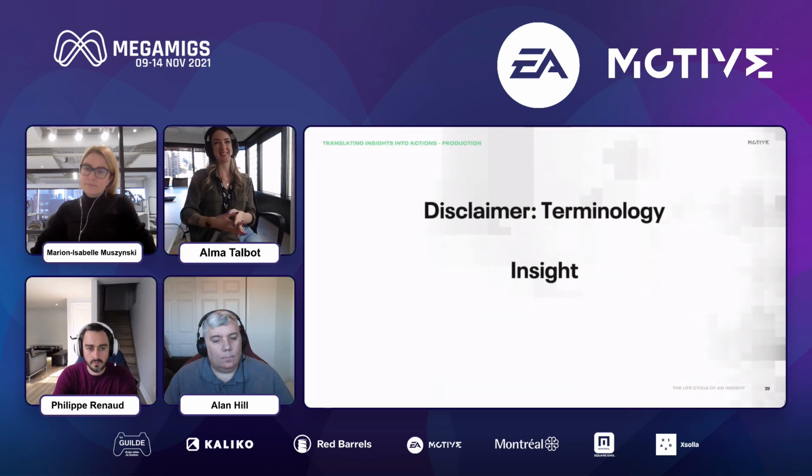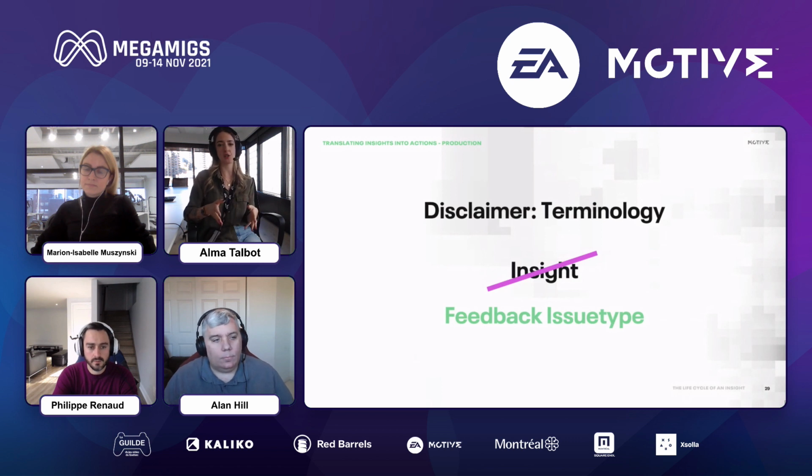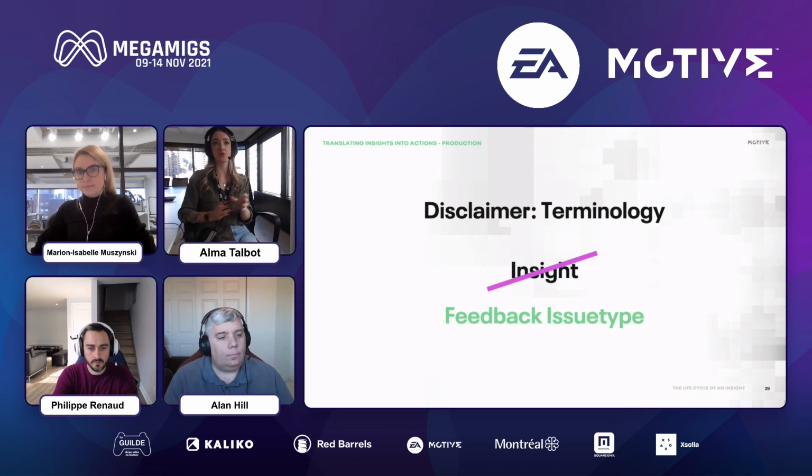I'm going to make a slight disclaimer here that I'm going to shift our terminology a little bit. What we've referred to as an insight up until now, I'm going to start referring to as feedback. Once the UXR data gets translated into our production tools, feedback is the dev-facing term that we use. So for this presentation, I want to use language that's consistent with what you might hear me say on the production floor. These feedback points typically get delivered to the dev team in the form of a report, the UXR Insight Report, and it's up to production to ensure that this crucial player feedback gets translated into actionable tasks.